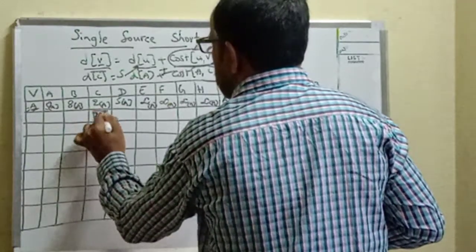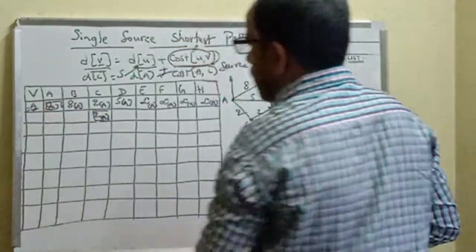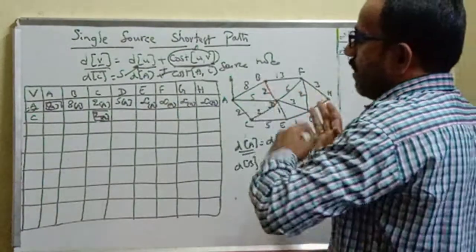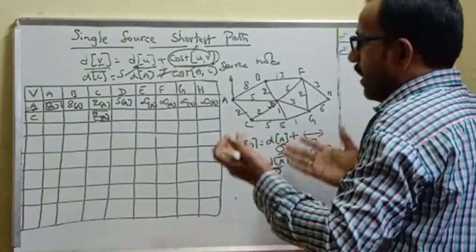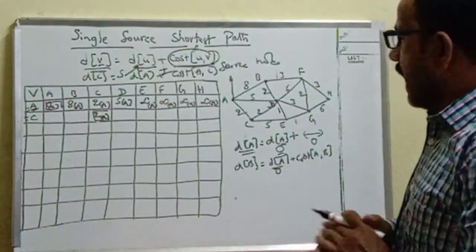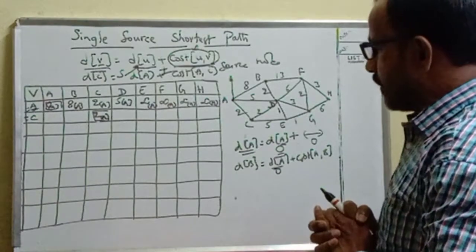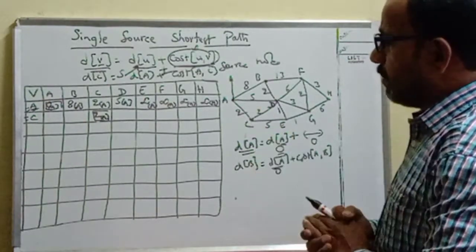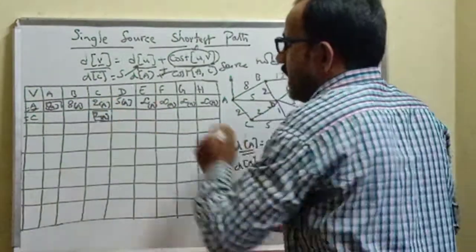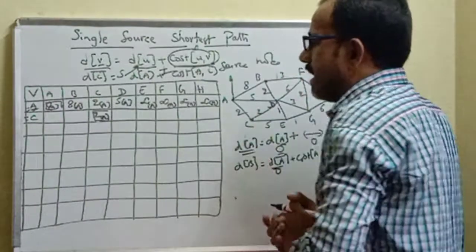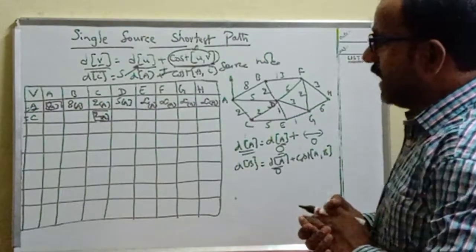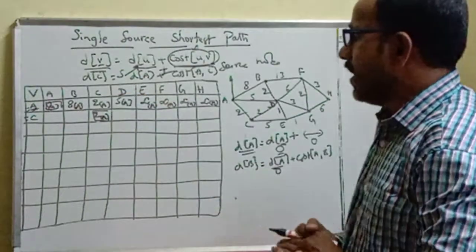Round it, because initially we took A. Round it and take C here, because from A to C is the shortest distance. For the remaining nodes, we are already at C, because C is the nearest node from A. From C, calculate all the remaining node distances. If the previous value is smaller, keep that value as it is. Otherwise, if from C you get a smaller number than the previously assigned number from A, then take that number and assign subscript C, because if you go via C, we may get a smaller number than going via A.